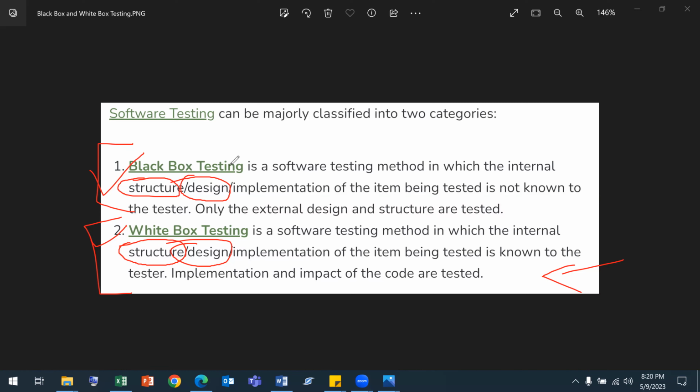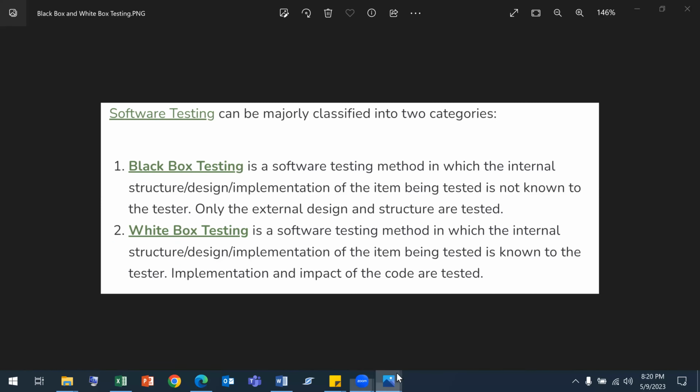But once you're in the office, no one is going to tell you, can you perform the black box testing or the white box testing? No, they're not going to tell you anything. They're going to go by the structure of the testing. What is the structure of the testing? So if I consider the initial starting phase,